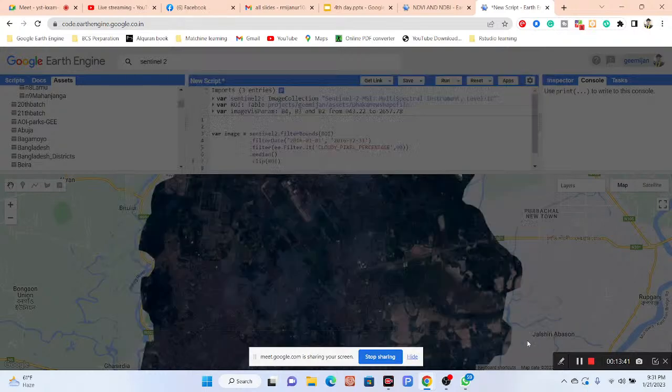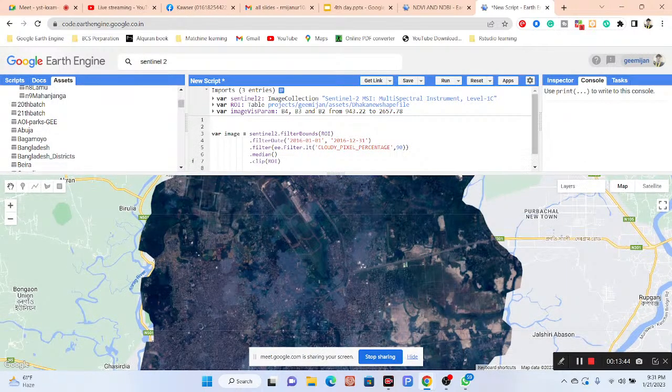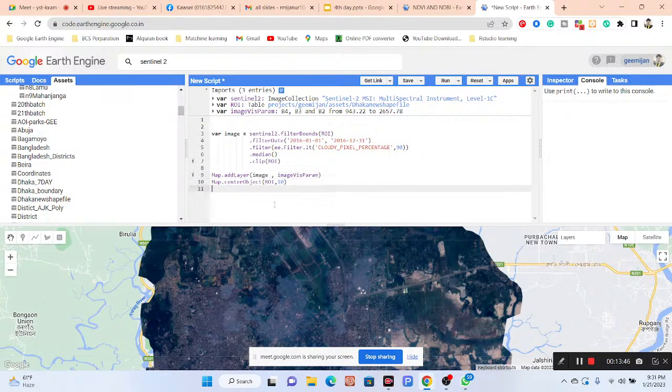Okay, so let's go. So first of all, I simply create a function in here. So I can put a function variable name. You can use any variable name. Okay, so I simply take a variable name. Suppose I put the variable name as maskS2clouds. You can use any variable name. Okay, then use here the function keyword. Function keyword I can simply use. After the keyword, I need to put here the element name. So this time, I take only one element. Suppose image. Okay, then use here this curly bracket. In this curly bracket, I put my